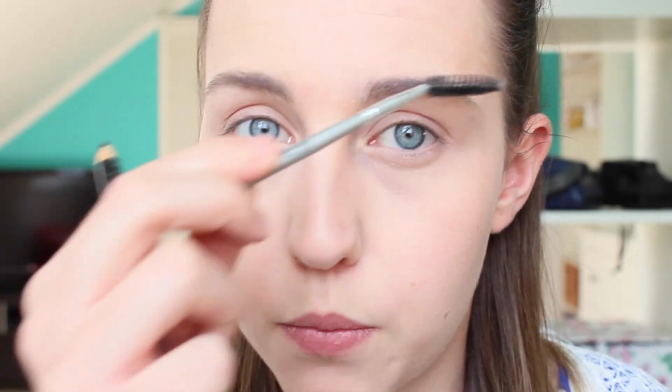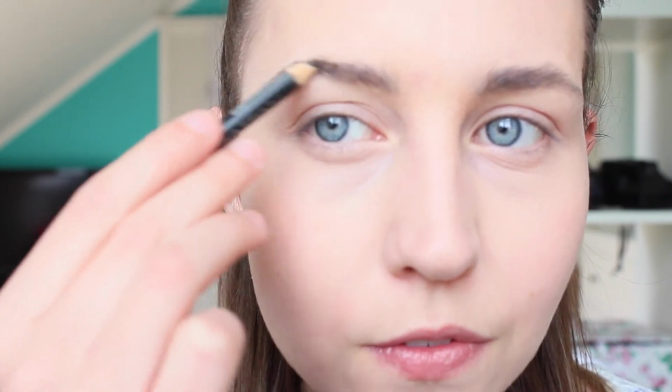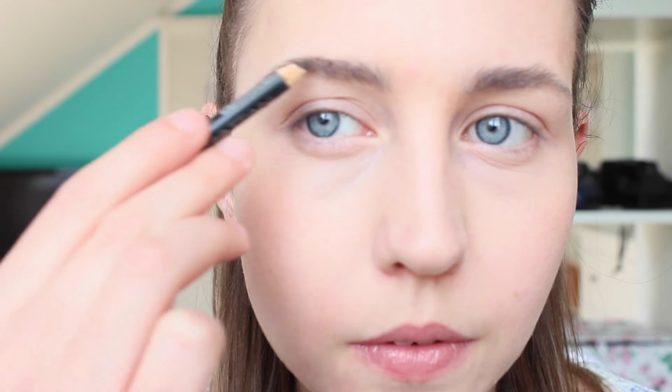I'm using a spoolie just to brush through my eyebrows. I start at the arch of my eyebrow, and I'm ever so slightly filling it in. So let's do the second one and just do the same. I'm going to start at the arch and do the tail and just really slightly apply the color to my eyebrow. I'm just barely touching